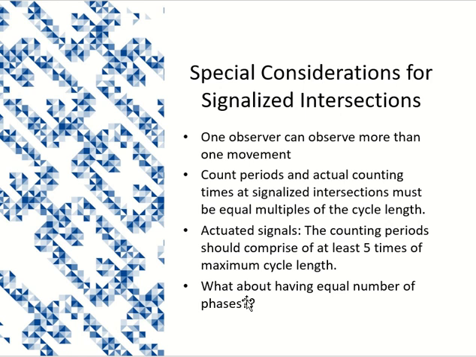Now there are some signals which are actuated, meaning they are connected to sensors. So they operate according to the sensor data. And if sensor data catches more volume from one side, it increases the signal timing of that side. So signal timing is changing, that means there's no constant cycle length. So what should I do in that case?